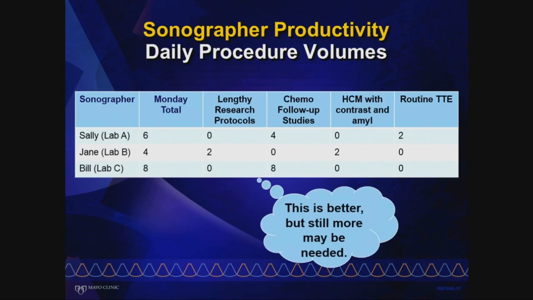Let's dig a little deeper. Let's look at one day. Jane, who we were worried about, actually did 2 3-hour research protocols and 2 hypertrophic cardiomyopathies with contrast and AMO. I'd say that's productive. Sonographers? Yes? I'm seeing nods. And Bill, the high performer, did 8 chemo follow-up studies that take 20 minutes apiece. So the point is that the numbers do not always tell the whole story, and you really need to dig